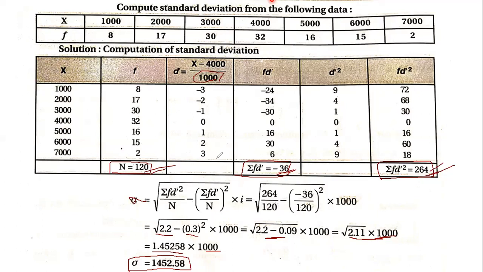Now let's continue to the next problem. So this was the discrete series problem. Now let's understand the continuous series problem. These questions are really important because they will be asked for 6 marks as well as 14 marks. These are the basic questions of standard deviation. Further, we will be learning standard deviation with covariance, where you can compare both the data and find conclusions. Those are the next level questions, which we will learn in the next class.